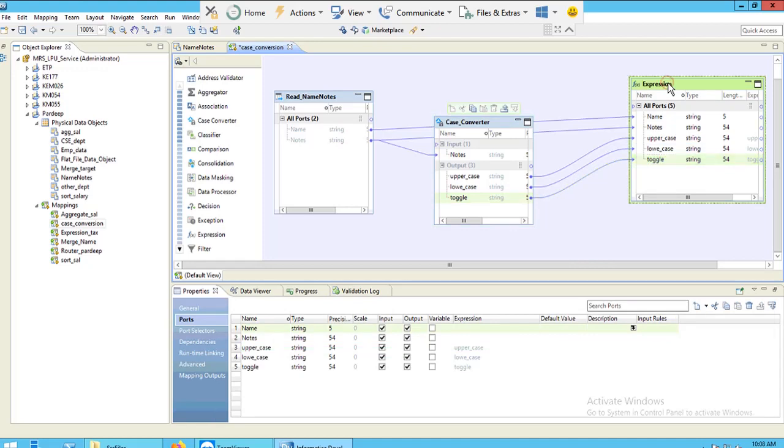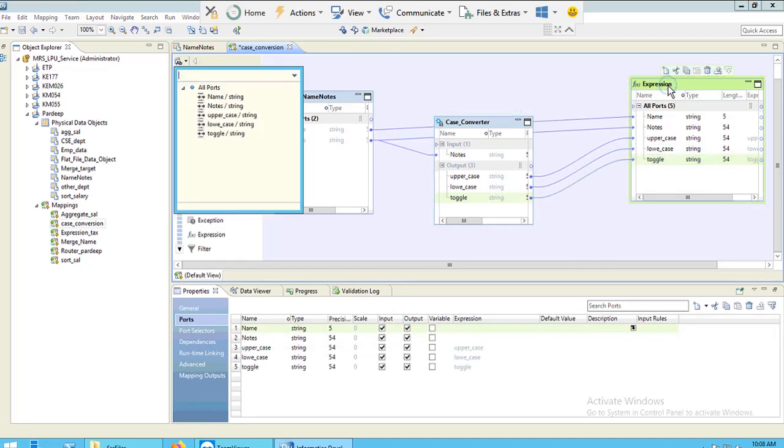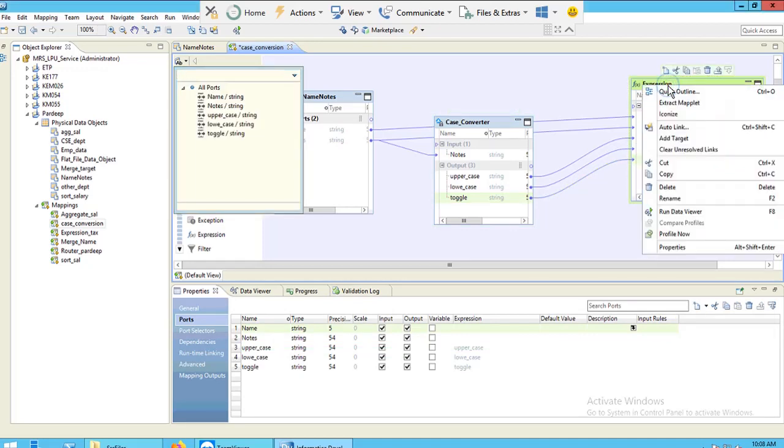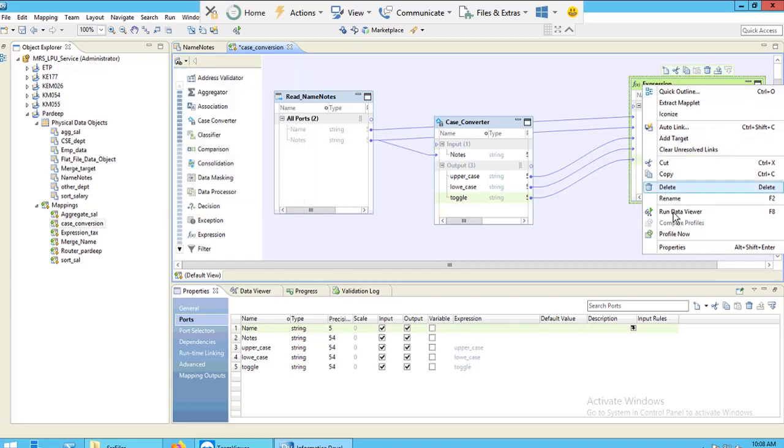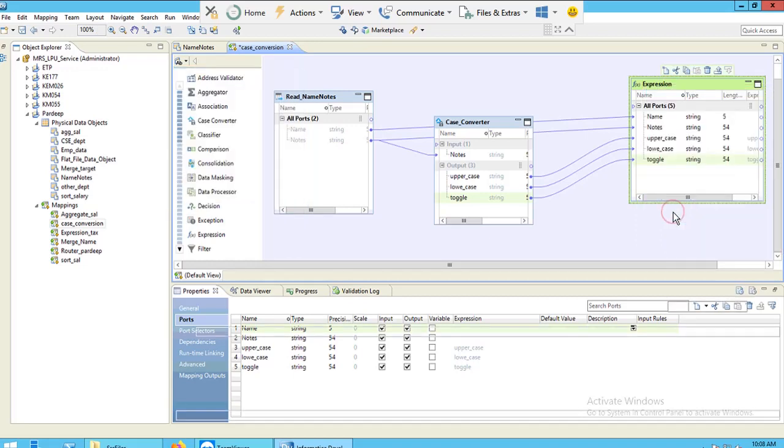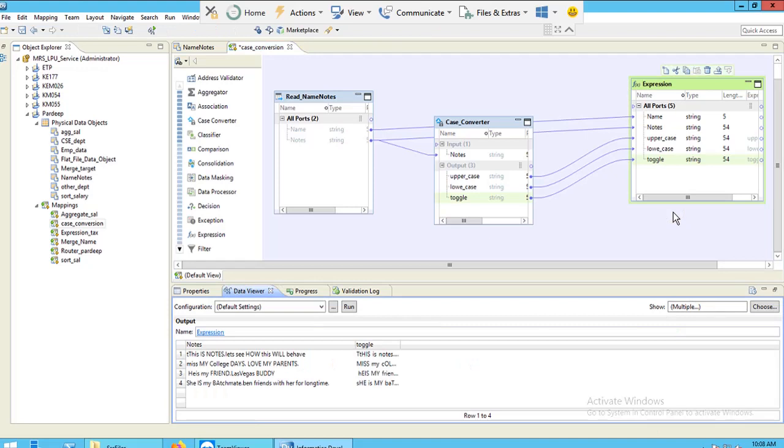Now you can select your expression transformation and run data view. Now you can see in the output I am having only my notes and toggle notes.